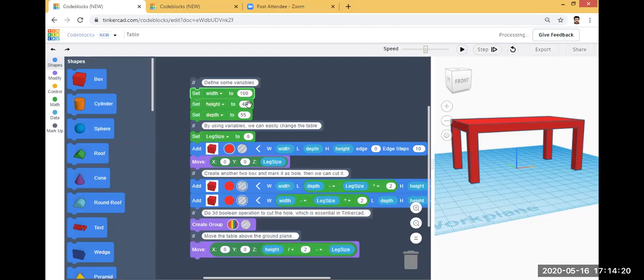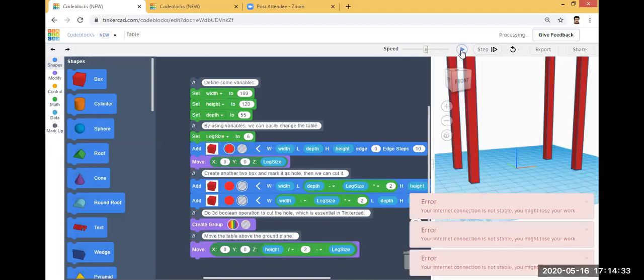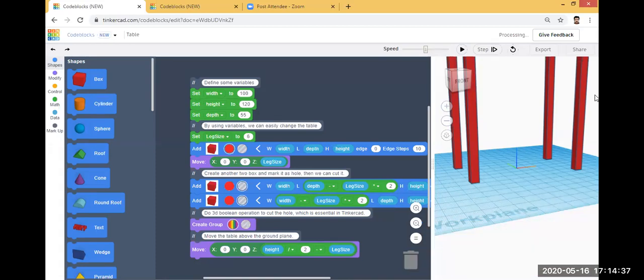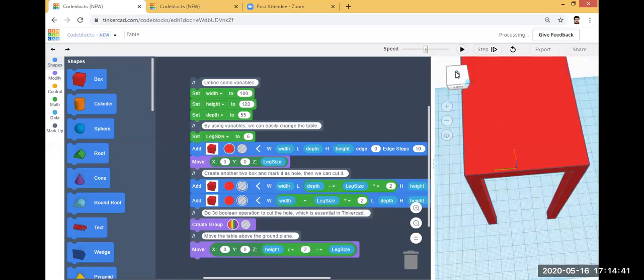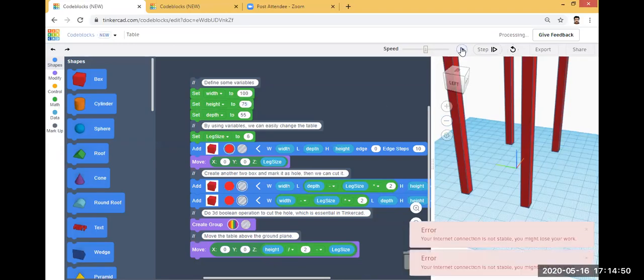Then if you want to change the height of your chair, say I will change this to 120. Then I will click the play button. You can see the height of your chair is changed to 120. Say I will change this height to 75 and then click the play button.